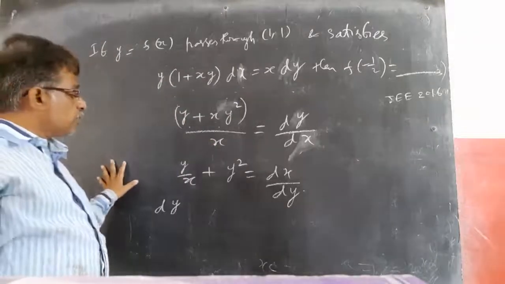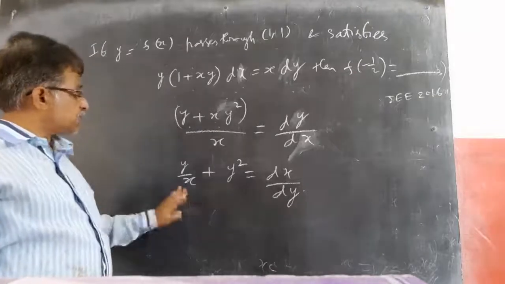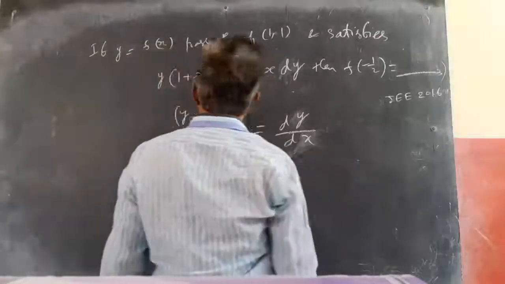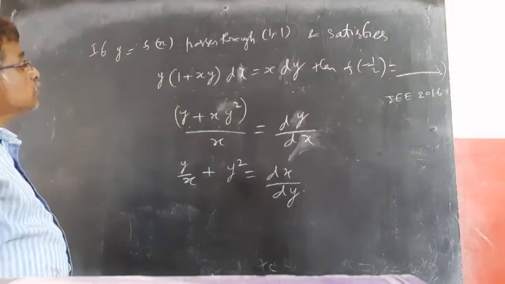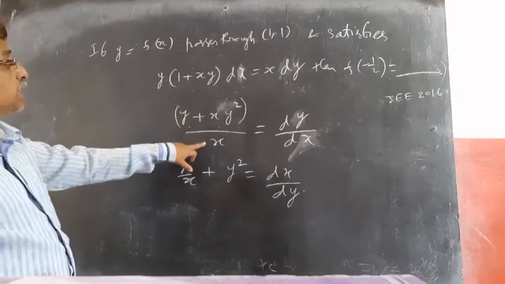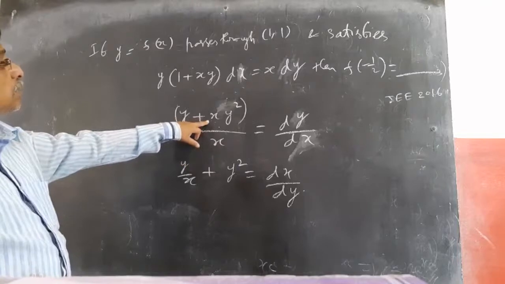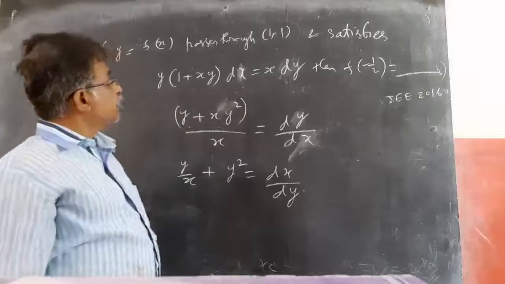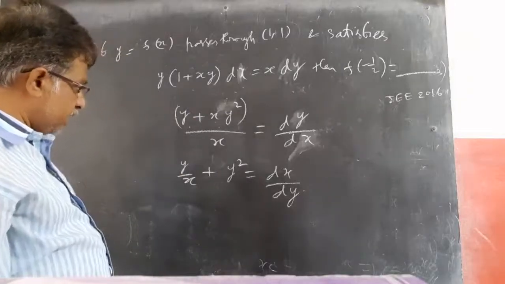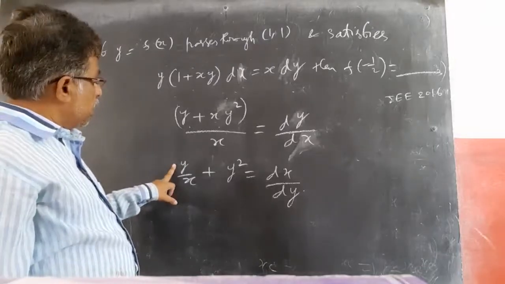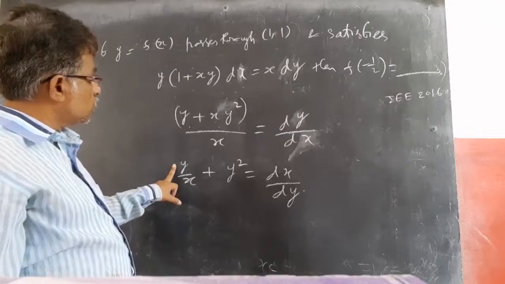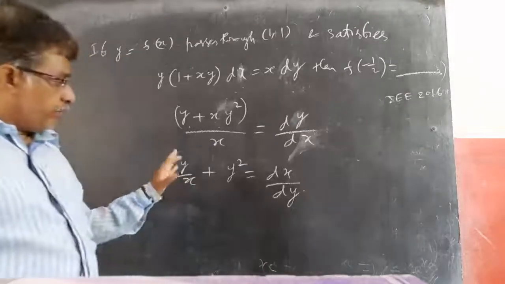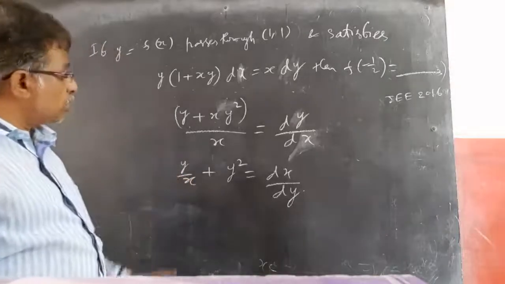Now let y equal to vx, because I have y by x here. So let y equal to vx or x equal to vy. Which is better? If I take x equal to vy, so this is vy cube, not homogeneous actually. It can be converted into like that. So dx by dy equal to minus y by x into this. Okay. This can be converted into Bernoulli's, or you can let y equal to vx, you can do.